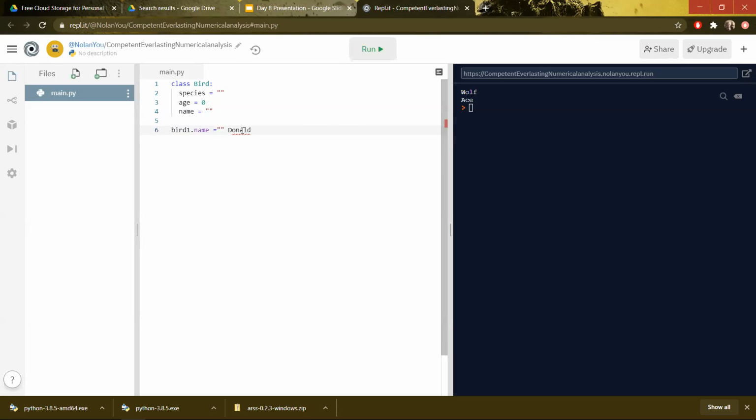It needs to be a string. Oops. Bird1.age equals 10. Bird1.species equals duck. And it does not like this. That's because I haven't actually created bird1. So I need bird1 equals bird. Okay, so let's say I call